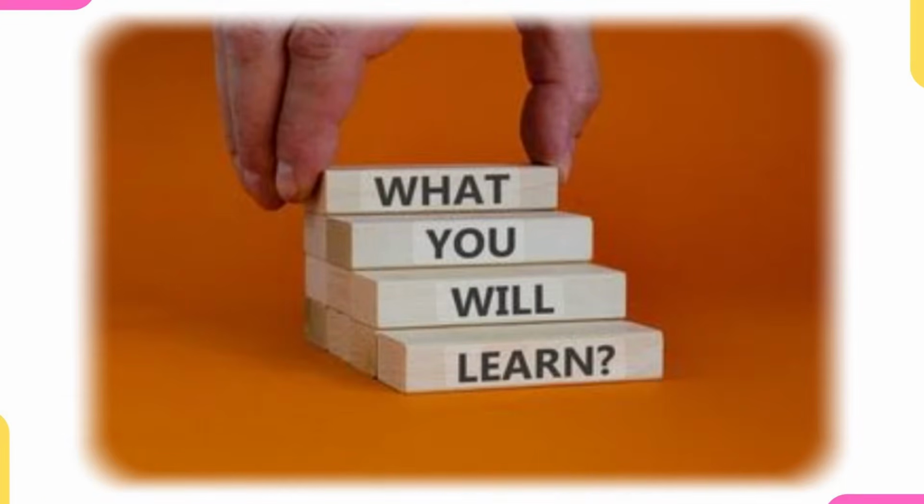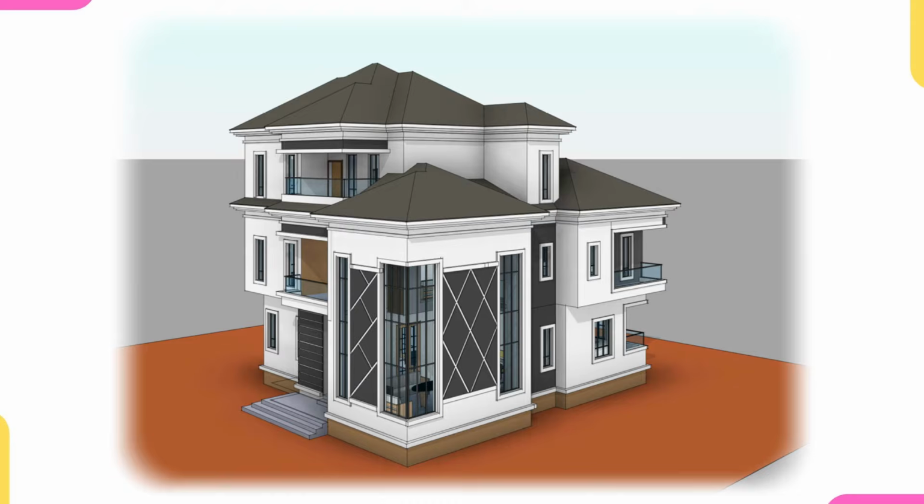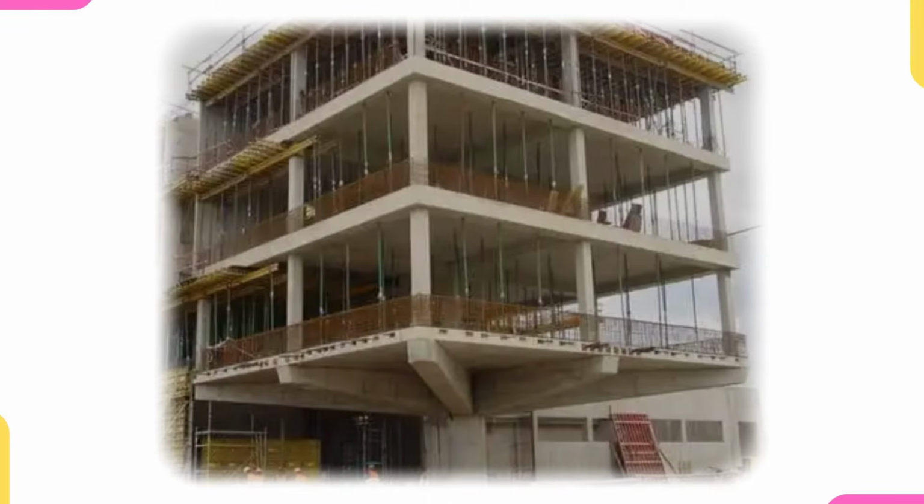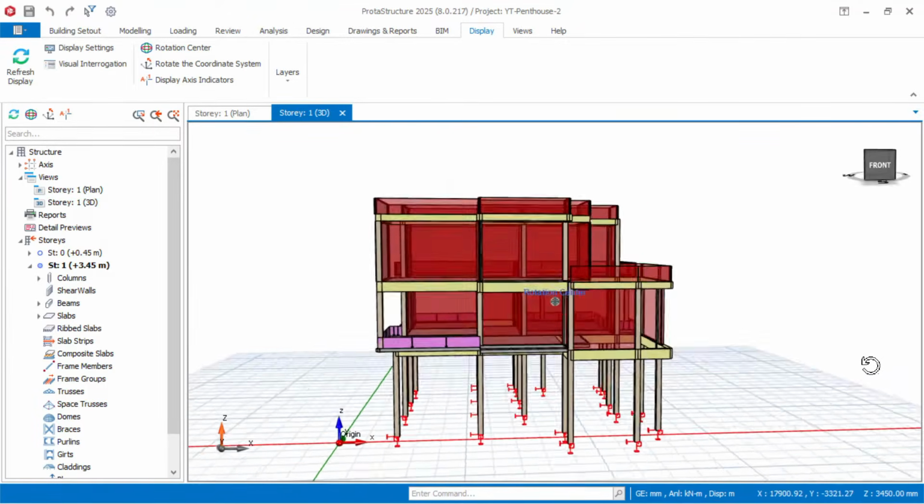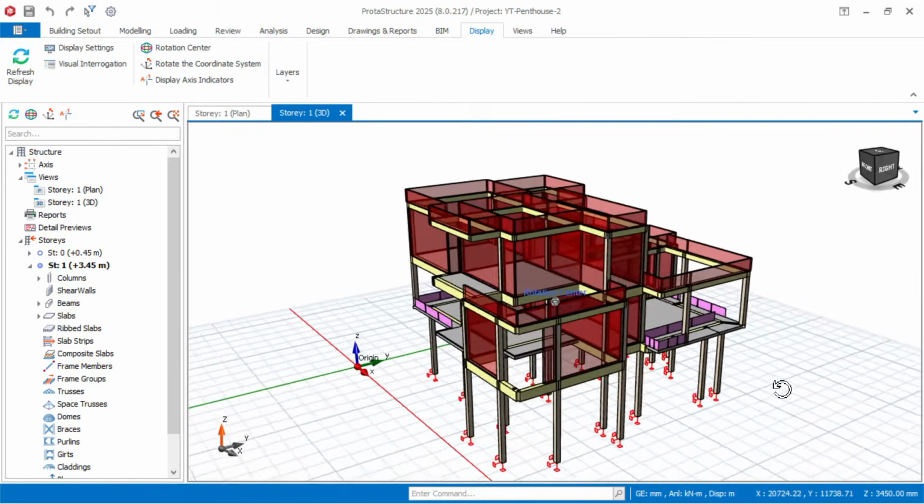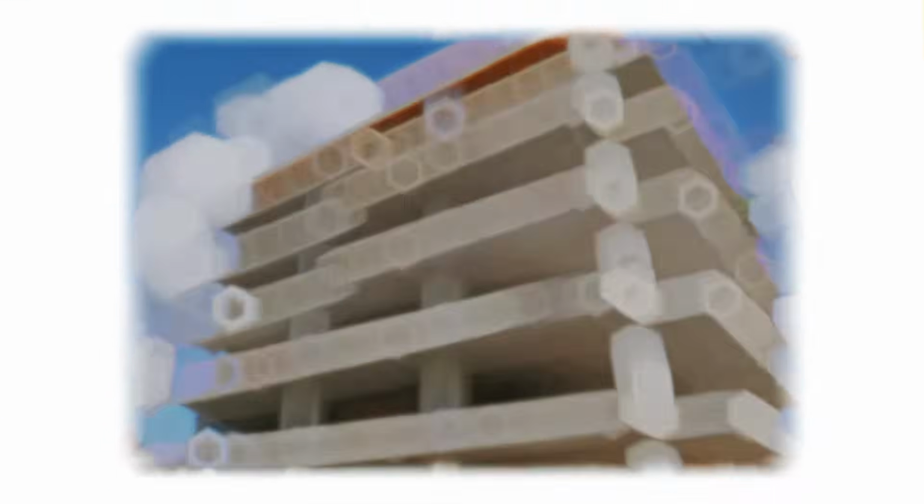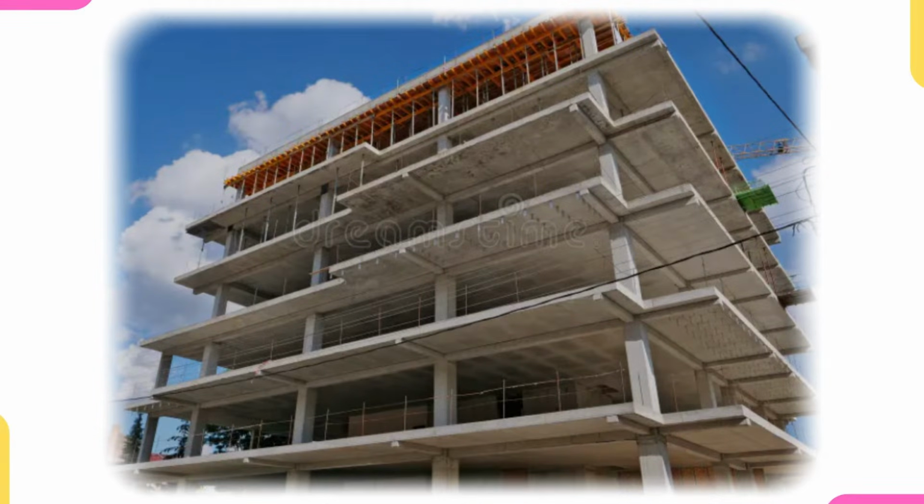I even explained how to handle penthouse modeling, where some of the columns terminate right at the ground floor, and how to preserve those details correctly in your model. This is not just another tutorial. This is an in-depth guide that reviews real secrets behind accurate modeling in ProtaStructure. So if you ever struggle with modeling complex building or floating columns, trust me, you don't want to skip a